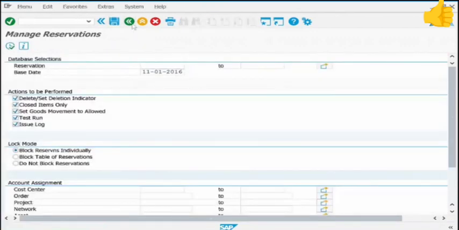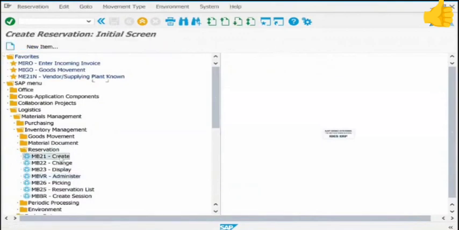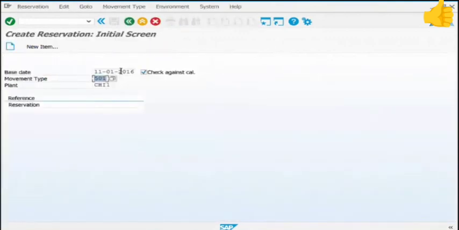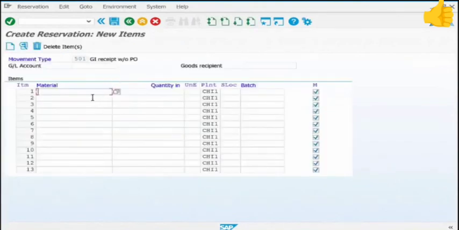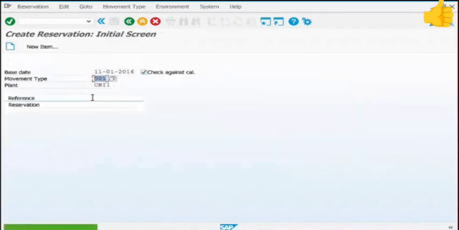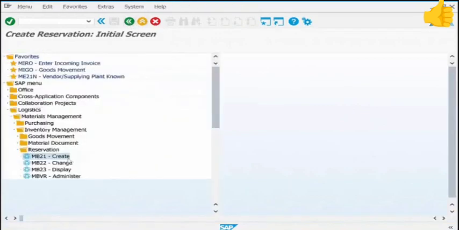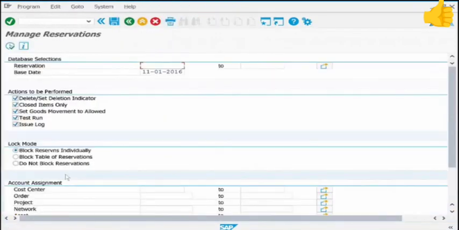Now, if you want to really test it, you can go create a reservation, right? This reservation is for today. Let's say coffee beans 01, quantity 114. Again, a weird number just to show that this is really the reservation that we are working on. Save it. 66919 is created. Now, if you go to administer and run this for today,